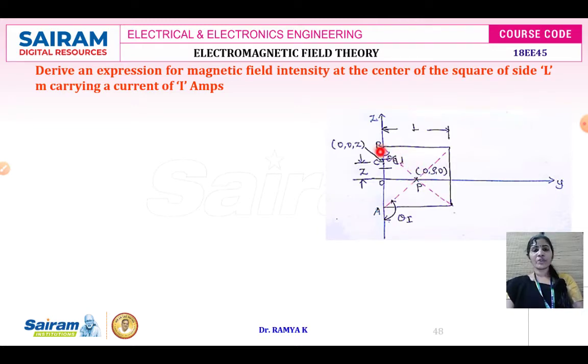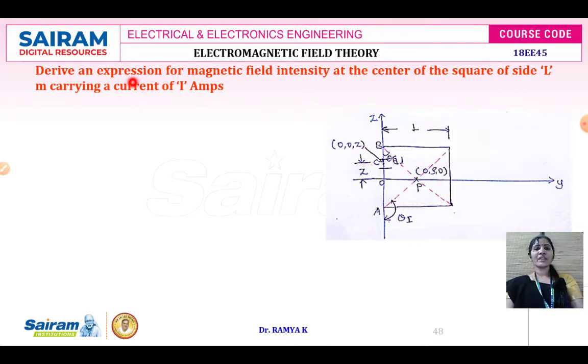From the finishing point of the conductor to the point under consideration, the angle made is going to be theta f. Consider the differential current element at point C, which is at a distance of z meter from the origin. Therefore, the coordinates of this particular point are 0, 0, z. And since it is the point P, consider this is at a distance of rho meter from O. Therefore, the coordinates of point P can be written as 0, rho, 0.